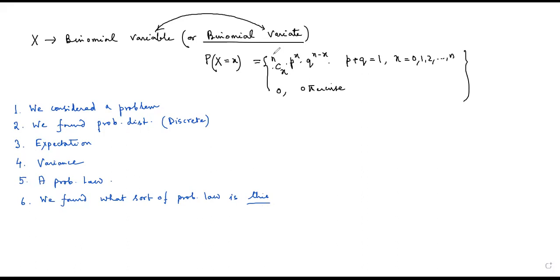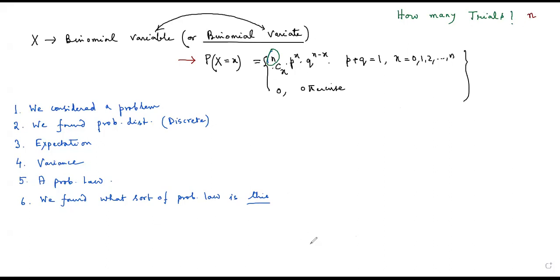The important punchline is that in this particular probability formula, two important things are present that we need to know to judge whether the system is binomial or not. One important term is this one: how many times the trials have been made. So how many trials? This is a very important quantity. We have to have some knowledge about this. We have to know what n is here.